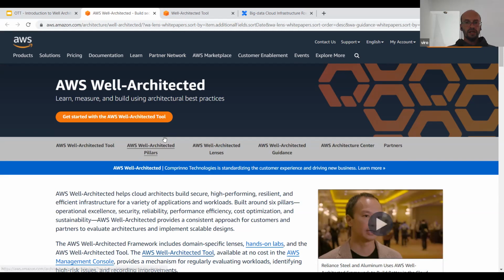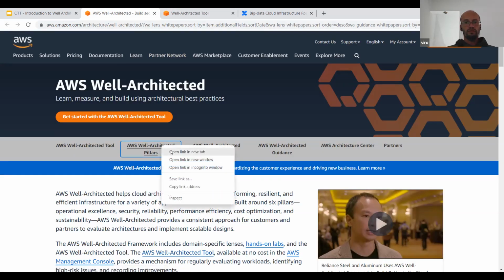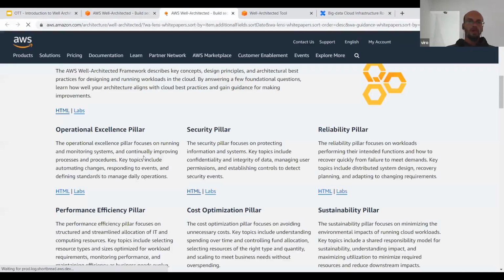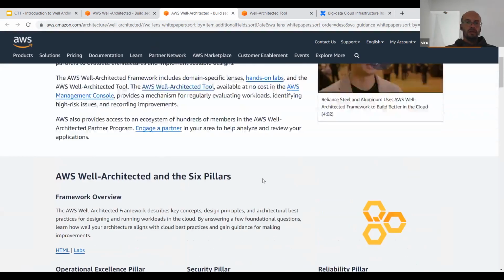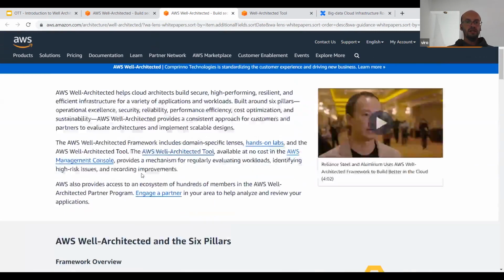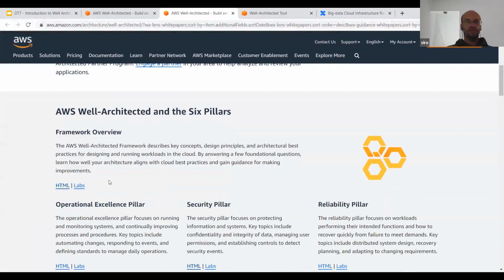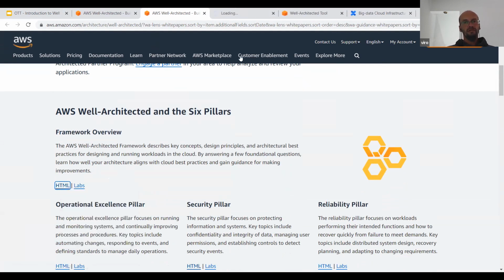Usually, when you start approaching the WAF, most people go just here. This is a generic version of the Well-Architected Framework, right? And this is a common error, because if you go here,